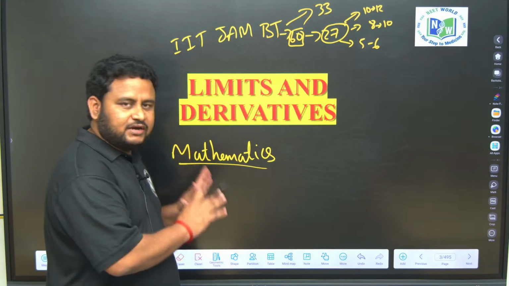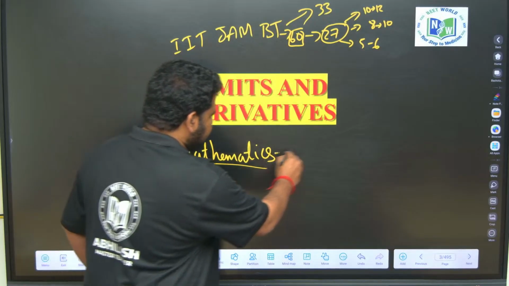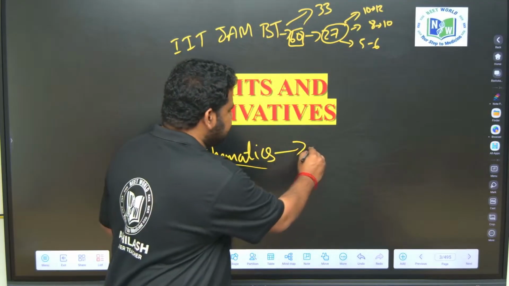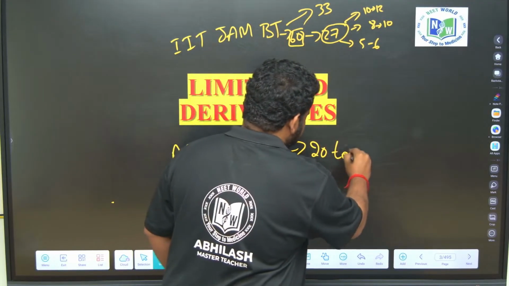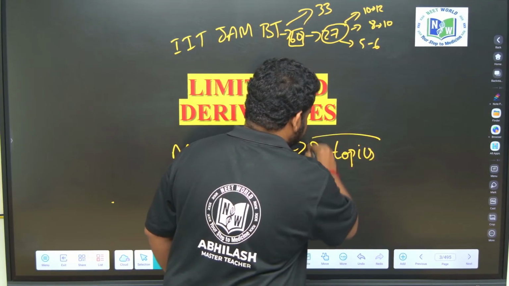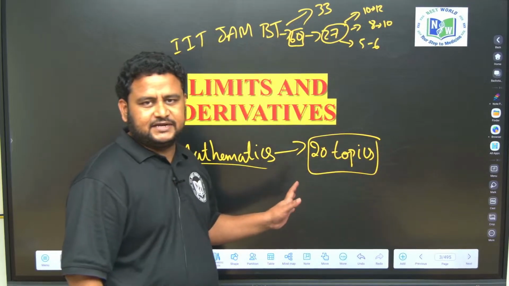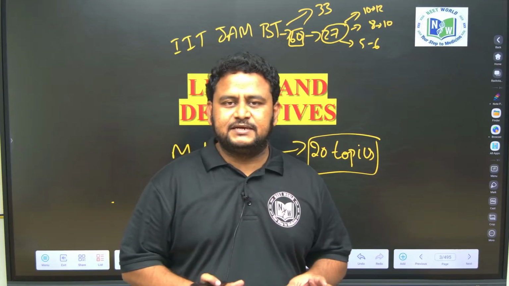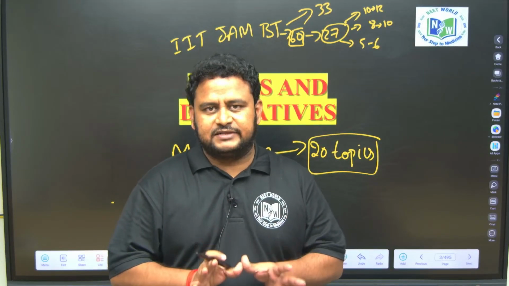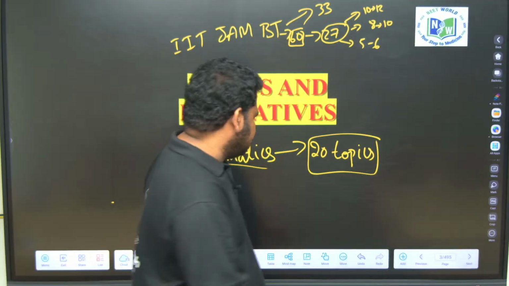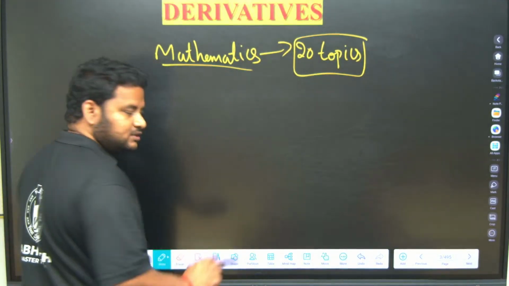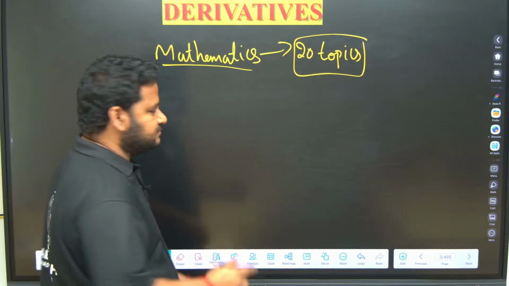Now coming to mathematics per se, in the syllabus we have how many topics? 20 topics, or 20 chapters. You may think there are so many chapters, but I would like to tell you this can be divided into 3 blocks. First of all, the most important block I would say is